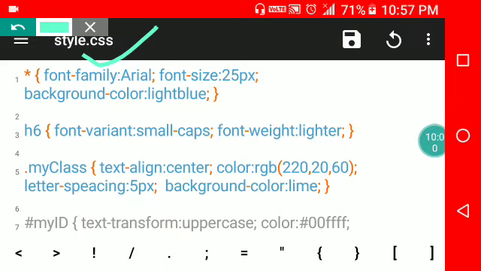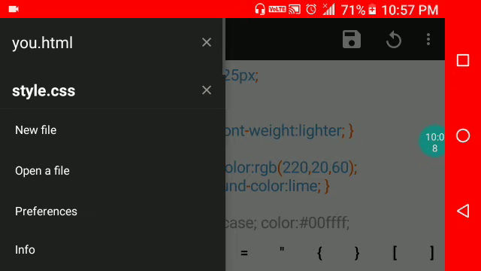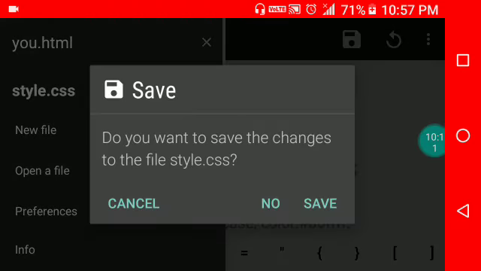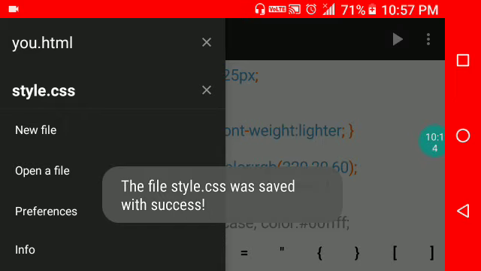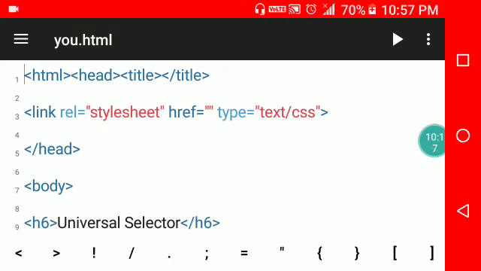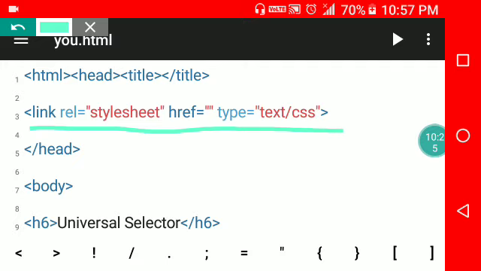See here what I have written, style.css. Then after, you will create an HTML file. I have already created an HTML file here. In the HTML file you will write only this line: link rel, meaning relation, is equal to stylesheet, href, meaning hyperreference, and type is equal to double quote text/css.